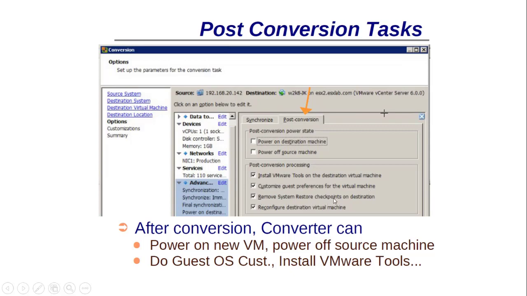Remove system restore checkpoints on destination will remove the snapshots or checkpoints from the destination virtual machine. Reconfigure destination virtual machine. So after conversion, converter can power on the new VM or power off the source machine, and do guest OS customization. Basically, these are very important options to smoothly run the new virtual machine.